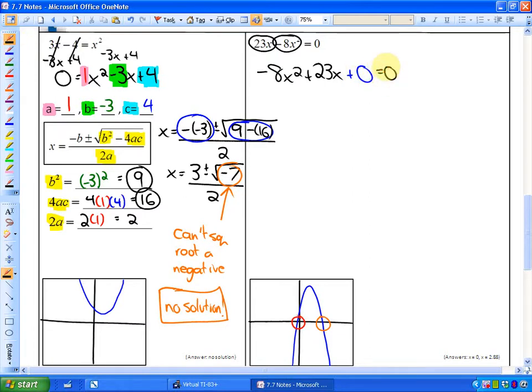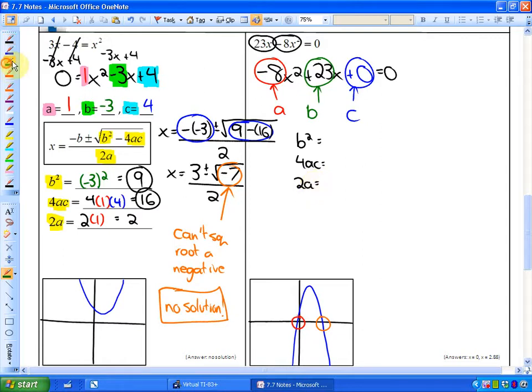Okay, so let's go ahead and start using the quadratic formula with a little bit less guidance. What we know is that a is equal to -8, b is equal to 23, and c is equal to 0. I would approach this the exact same way. I would start finding the 3 products: b squared, 4ac, and 2a. Those are the 3 products in the initial